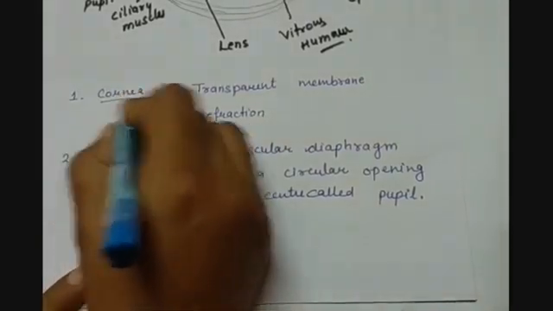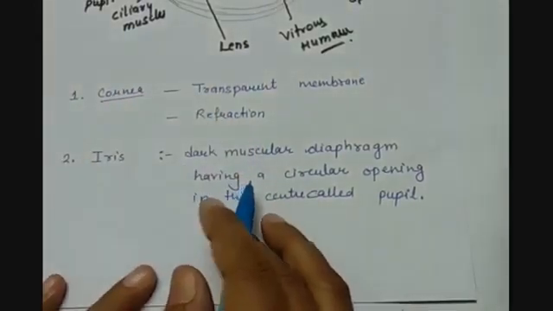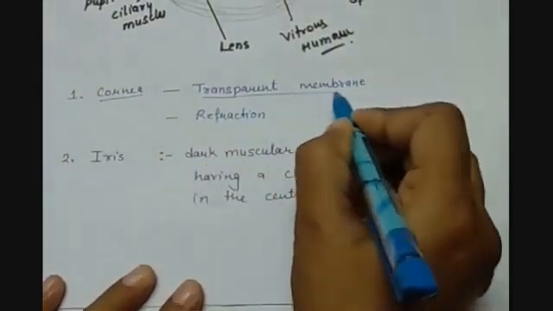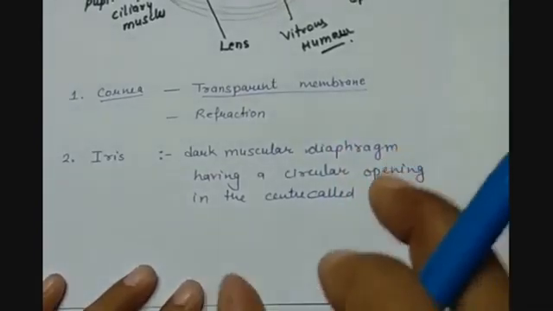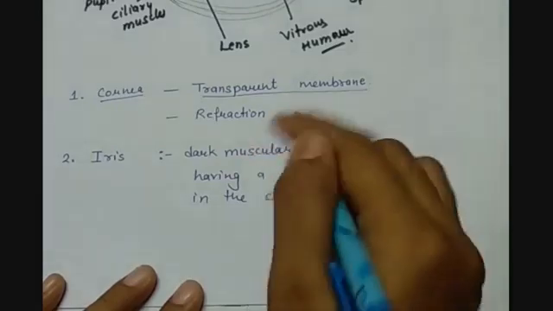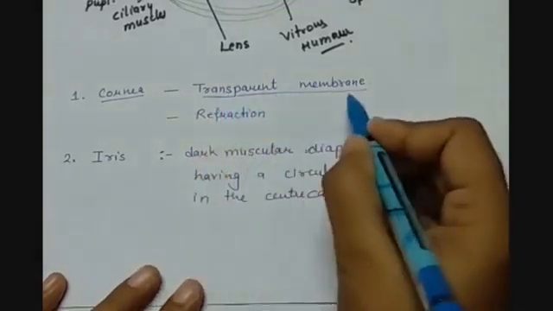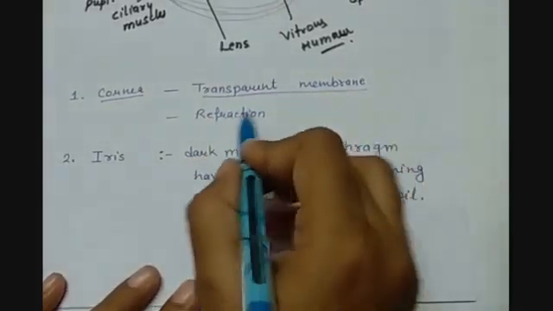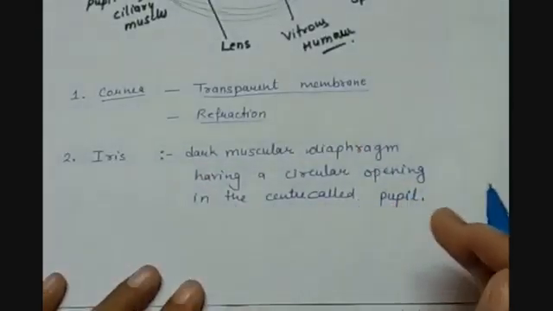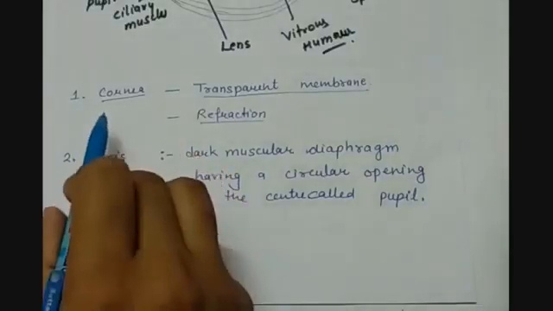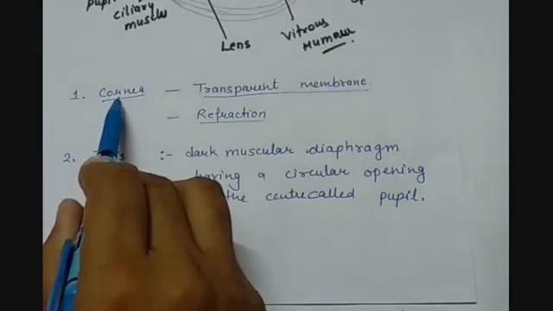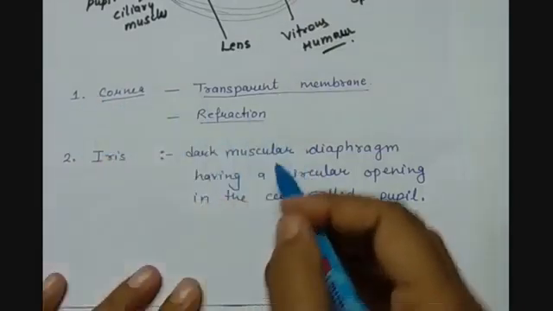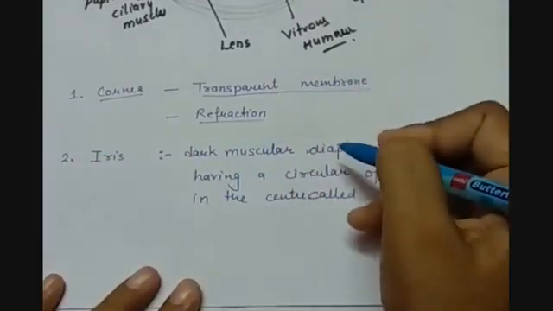So, the first part of eye is cornea. Cornea is the transparent spherical membrane present on the black dark portion when we see it from the front. As this is a transparent membrane, this causes the refraction of light when it enters through the eye. So the first place from where the light enters into the eye is cornea, and cornea is bulging out.